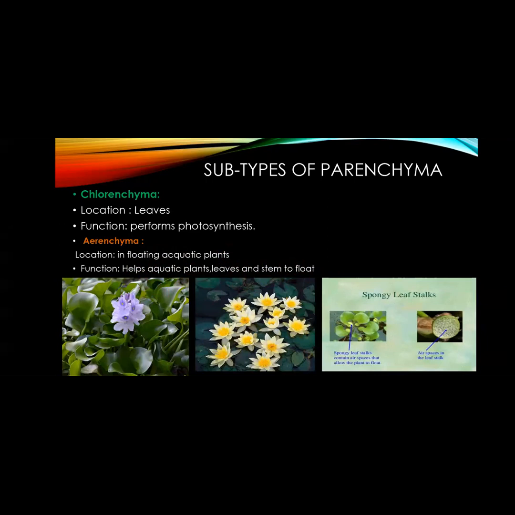We know that the leaves are green. This green color is because of Chlorenchyma. If we talk about Parenchyma, they are found in aquatic plants because they have to provide buoyancy to the plant for floating. Examples of Parenchyma are, this is the Eichhornia plant, which you must have observed in